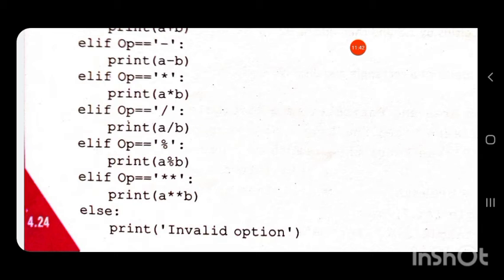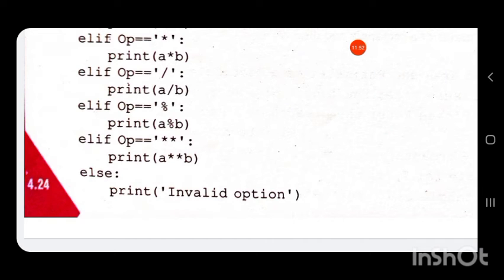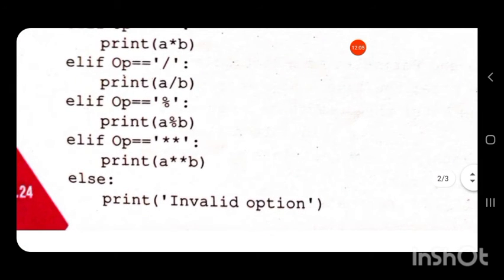If it is the operator entered, then it will print a mod b, that is divide a by b and find out the remainder. Then if it is also not true, that is the user has not entered modulus, then it will go to the next elif statement, elif op equal to star star, that is power, a raised to b.